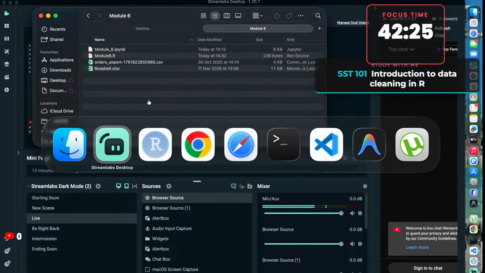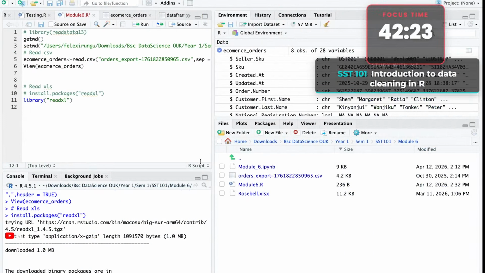So we have it copied. So this is what we are going to read. You can view it here. So to read it,